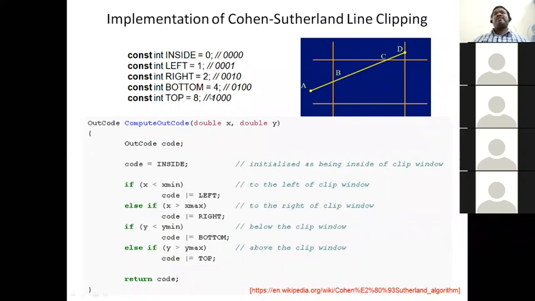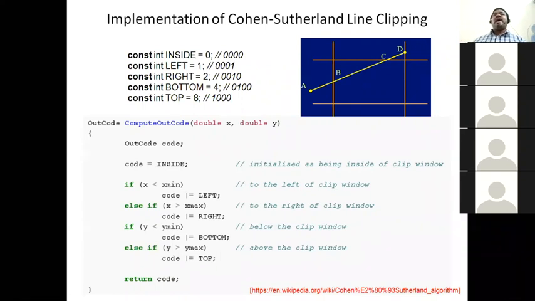This kind of coding will give you a real skill set. Okay, inside means 0, left 1, right 2. The coding is only 1, 0, 0, 0, 0, 1, 0. So you can take any order. But in the previous slides, I have mentioned A, B, R, L, the mnemonic: above, bottom or below, right and left. I have given it in that order. Any order you can take, but the order has to be the same for all the points.